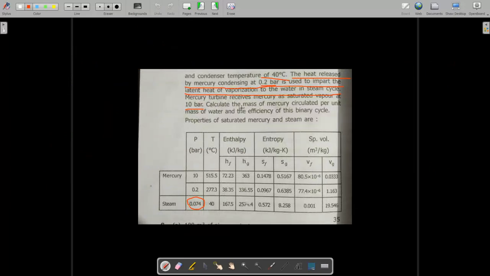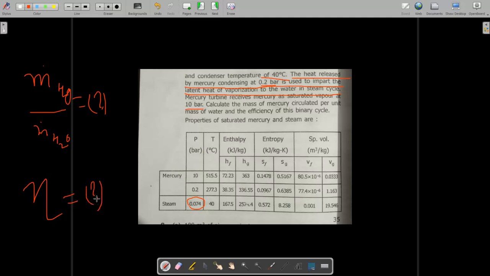What you have to find is to calculate the mass of mercury circulated per unit mass of water, that means mass flow rate of Hg upon mass flow rate of water, and the efficiency of this binary cycle,